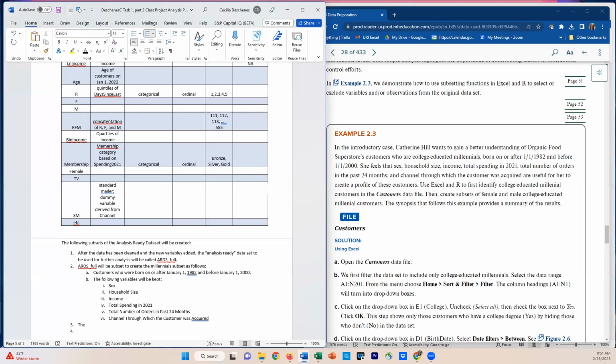Oh, we forgot to name it. The subsets, create the millennials subset as follows. So we actually do need a C, don't we? This subset will be called millennials. Mills, how about Mills? I think that's a nice name. All right. The Mills subset,